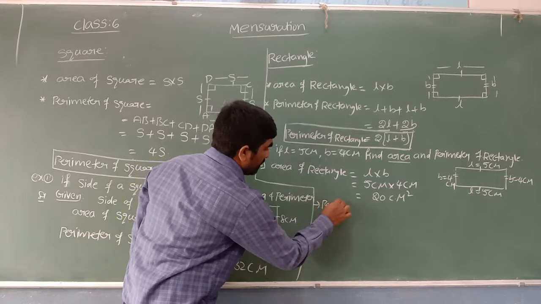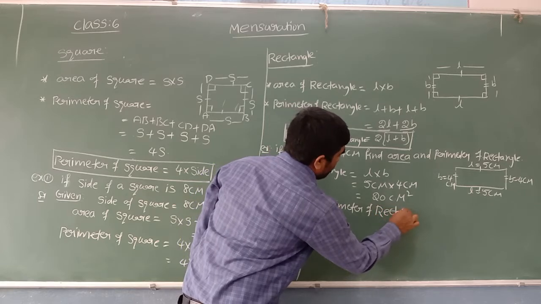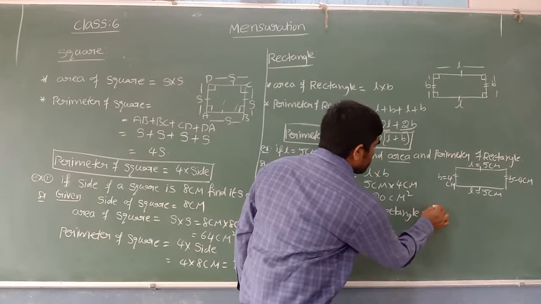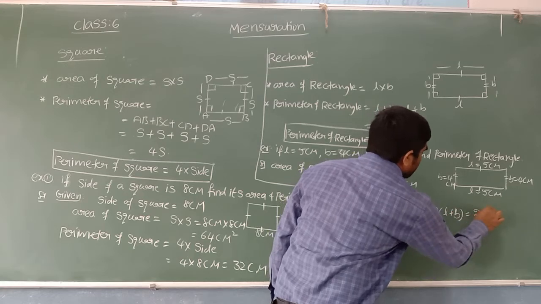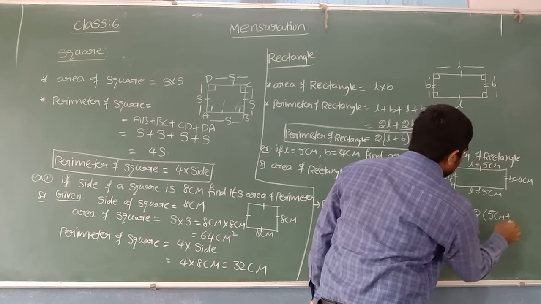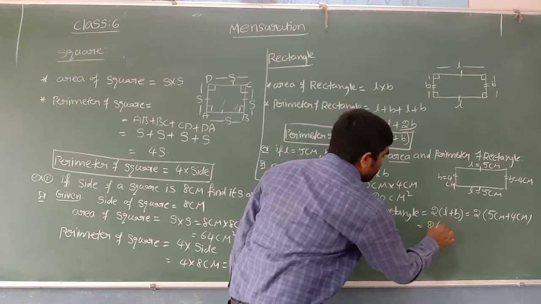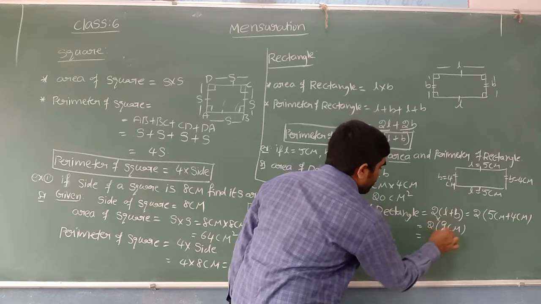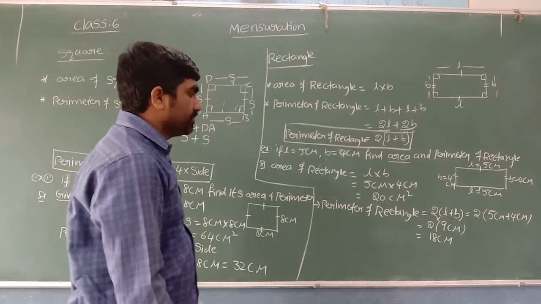After that area, we have to find the perimeter also. Now you can see here. Perimeter of rectangle. What is the formula I said to find the perimeter of a rectangle? 2 into (L plus B). So 2 into, what is the length over here? In the place of L, you can write length 5 centimeters plus breadth, which is 4 centimeters. You can simplify: 2 into (5 plus 4) is 2 into 9, because a bracket means into. 2 nines are 18 centimeters. Perimeter of rectangle is 18 centimeters.